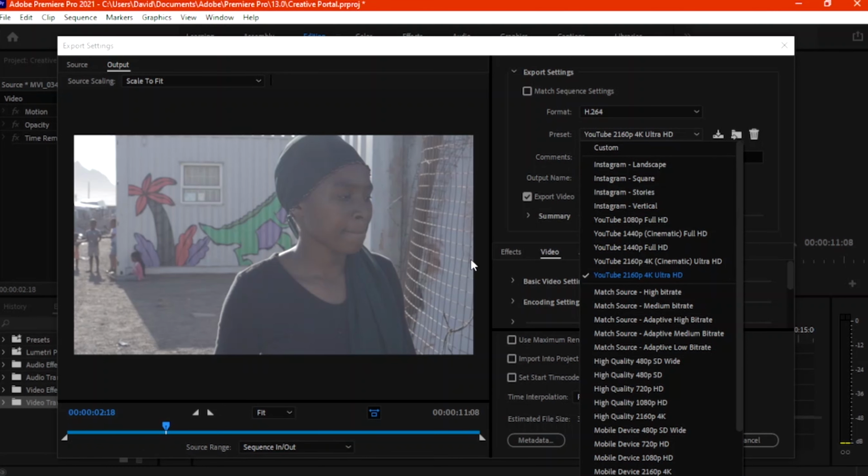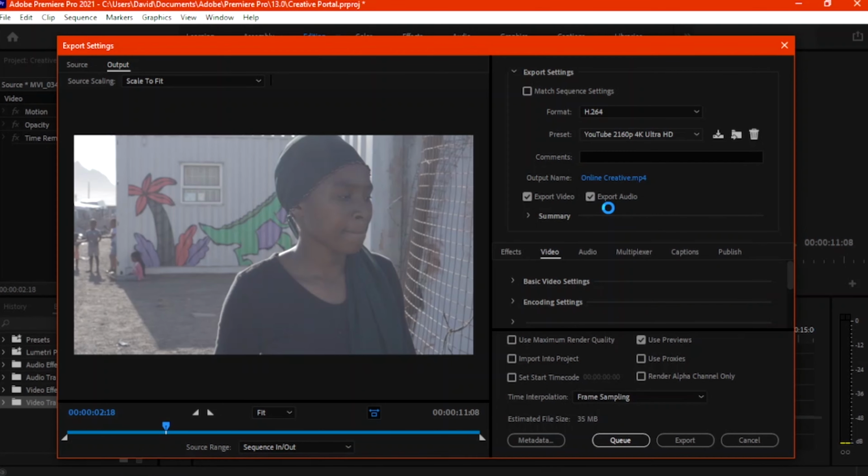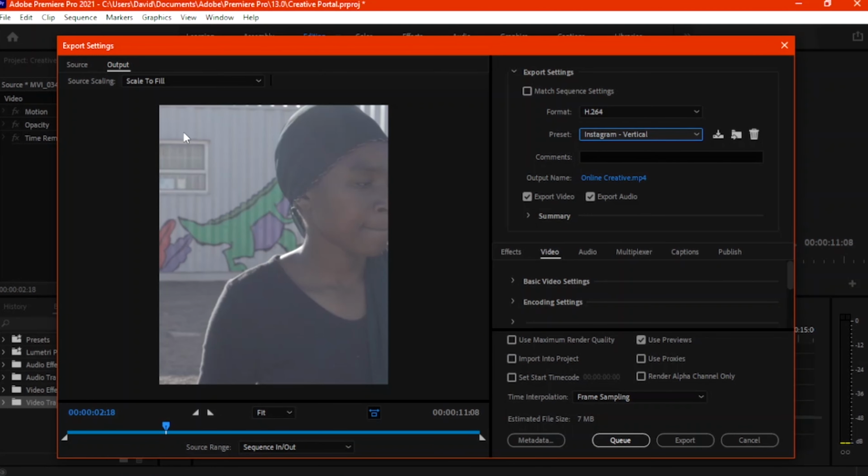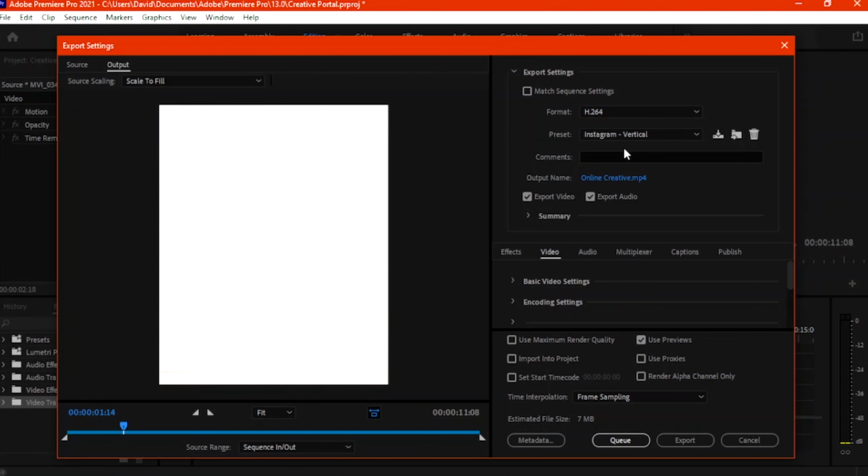So this video is meant for Instagram, right? So we're going to go ahead and select, let's say, Instagram vertical. Then you'll see automatically what Premiere Pro will do. It will crop the video based on the aspect ratio of a vertical video for Instagram.